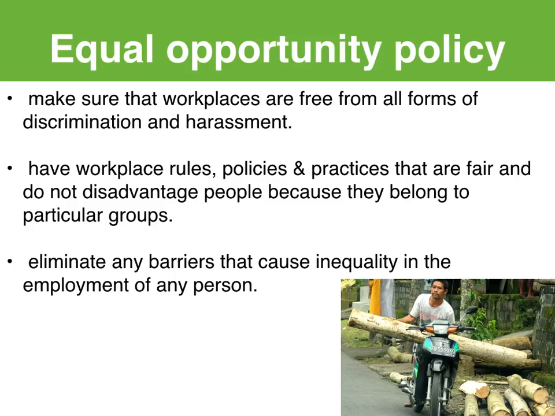So in our workplaces we should have an equal opportunity policy, particularly where our rules and policies and practices are fair and don't disadvantage some people because they belong to a particular cultural group. We should ensure that we eliminate any barriers that cause inequality in the employment of any person. So that means anything that's stopping one of your staff from being treated as equal as everybody else,